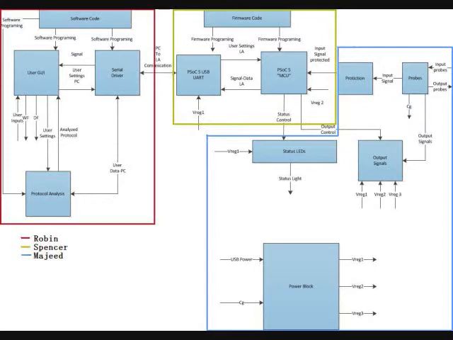Starting off at the top is the firmware code. This is just the programming in embedded C that goes into the PSOC5 USB UART and the PSOC5 MCU. The MCU is in charge of basic input and output. It reads the input signals, gathers that data, and sends it to the USB UART section. It also takes data from the PC, transferred through USB out, and turns that into status control and output control